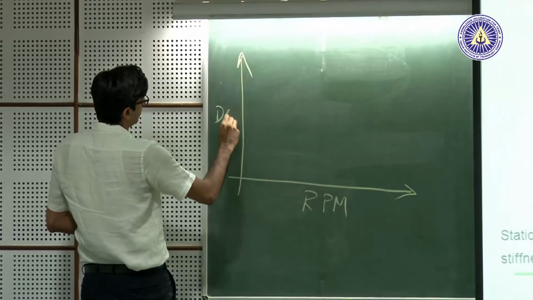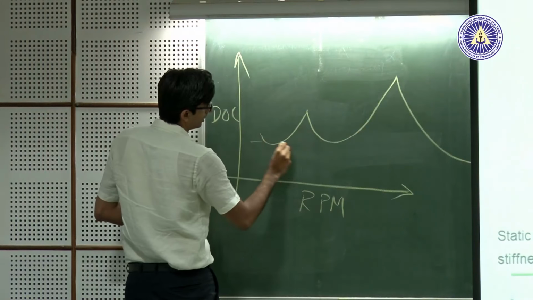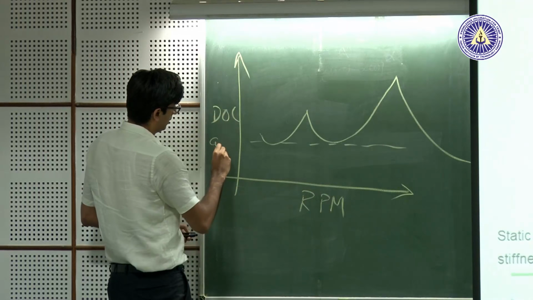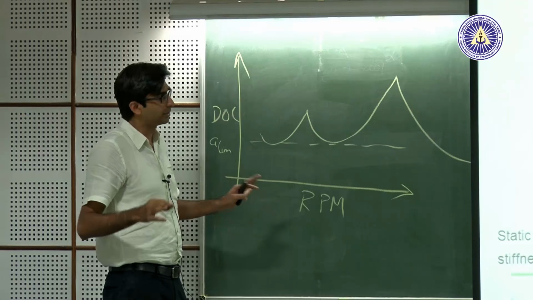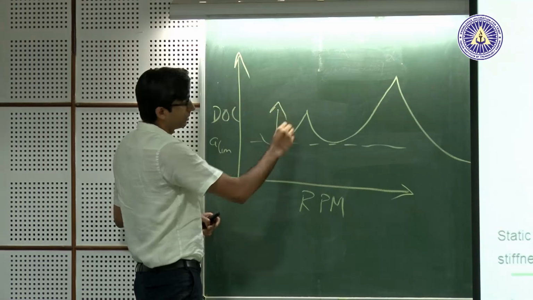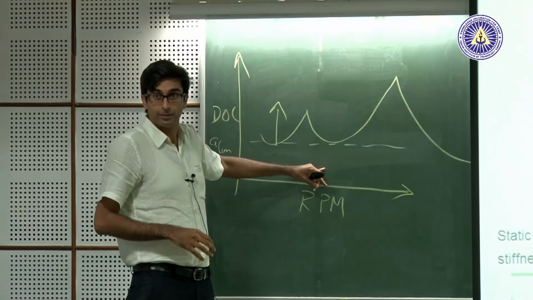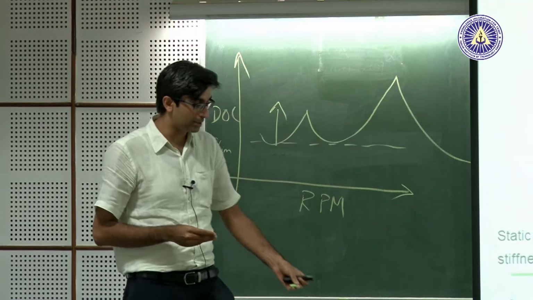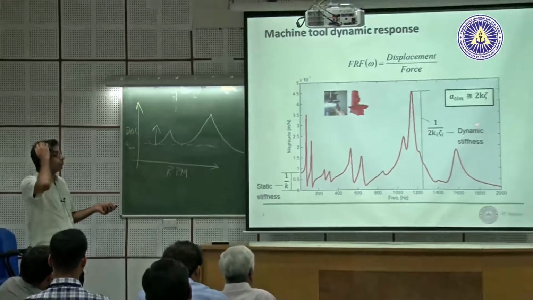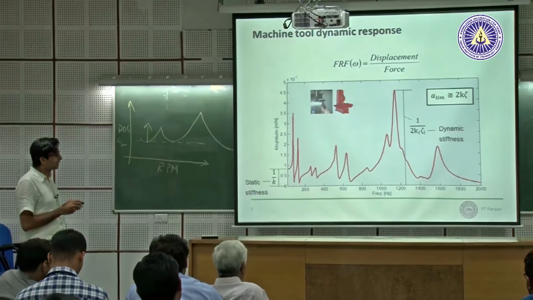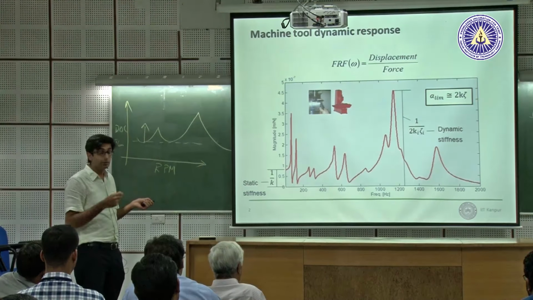This is depth of cut. This limit is a limit. What you would like to do as a designer, of a tool or machine, doesn't matter, is push this limit higher, so you have a bigger range of stability. Everything below this is stable. You remember, everything above this is unstable. And this is directly a function of your dynamic stiffness. If you can evaluate it, measure it, and design it, you can also understand how productive your machine, or for that matter your tool, is going to be.